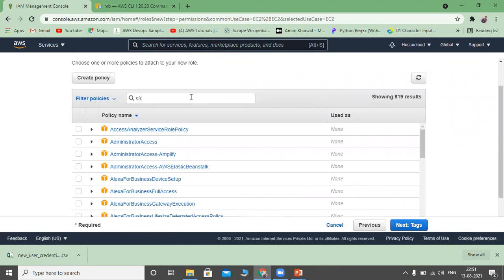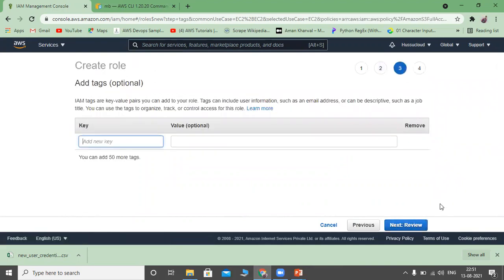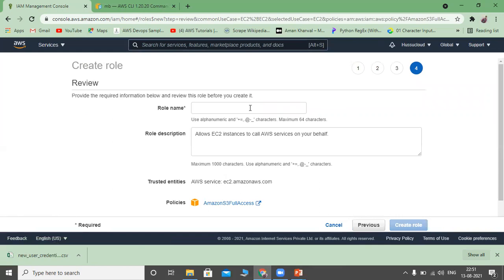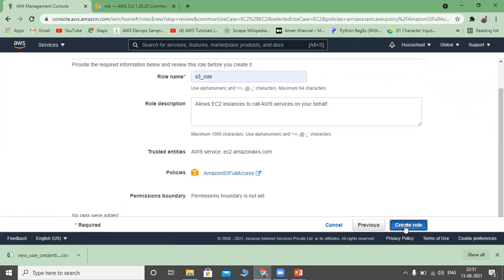So S3 full access. Next, tags. It is our wish whether we want to give tags or not. I'm skipping this one. Next, review. And I'm naming this role S3 role. That's it. Create a role.